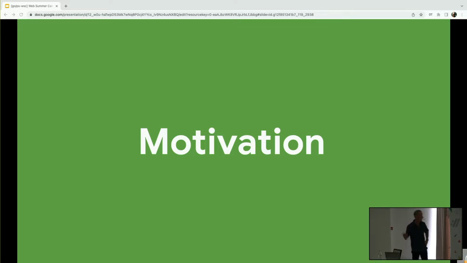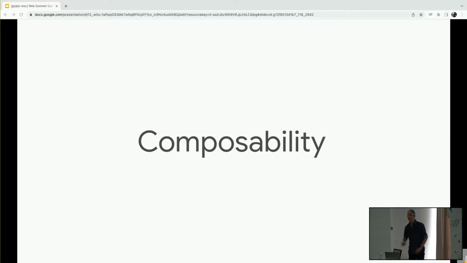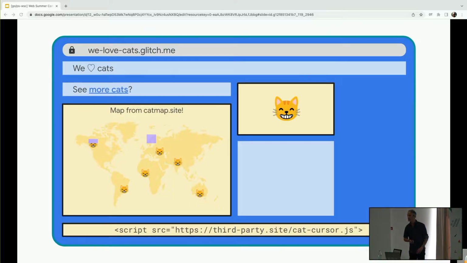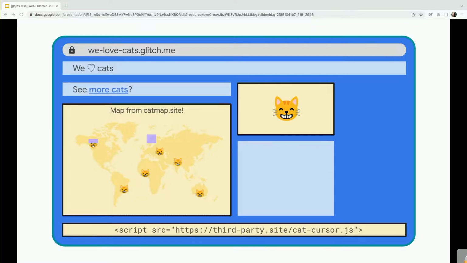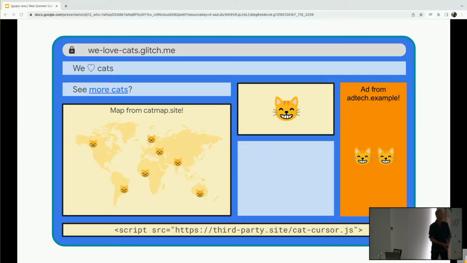So let me start with some reasons why we need the Privacy Sandbox. I'm sure many of you here are well aware of the backstory. You might have heard this word composability, and this is one of the web's superpowers. I've shamelessly stolen some slides from my colleague Rowan, who's at the front here. You might have seen this from Google I/O. This is a classic web page: a map from one origin, a script from some other origin, and of course, advertising.